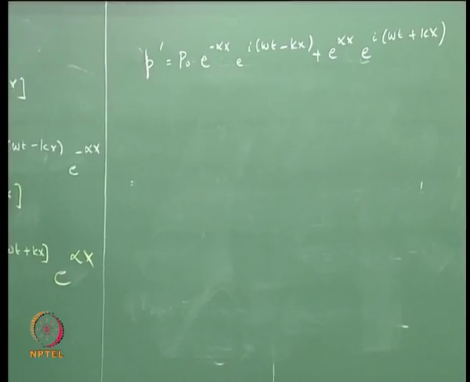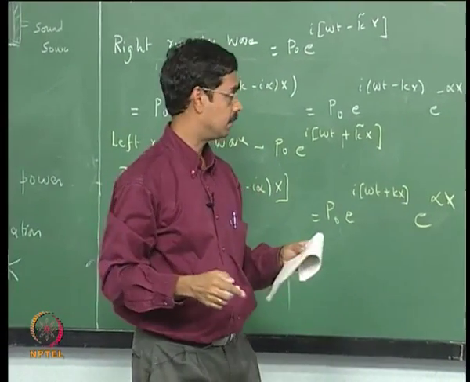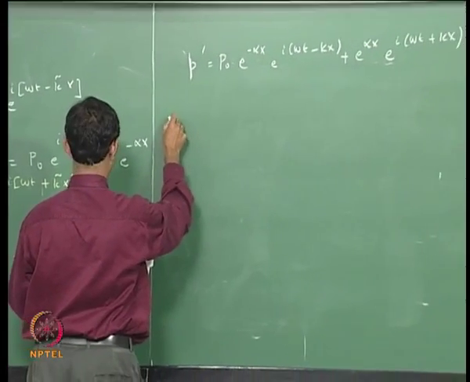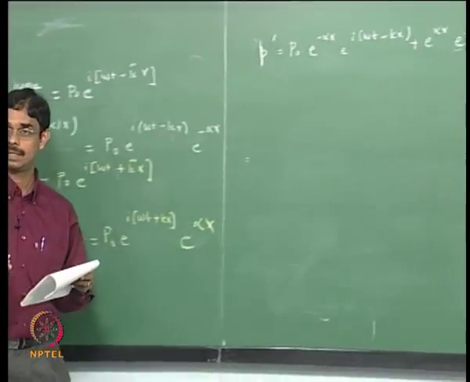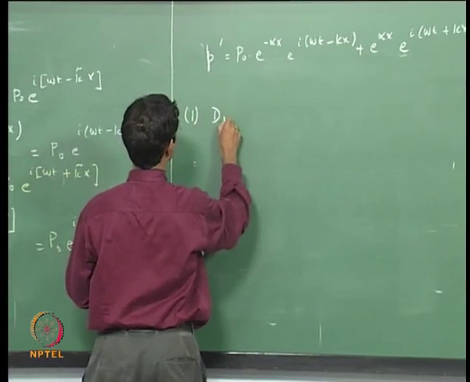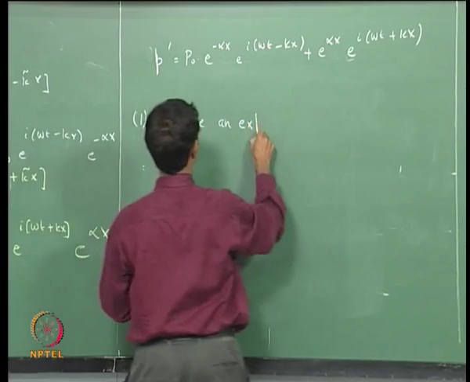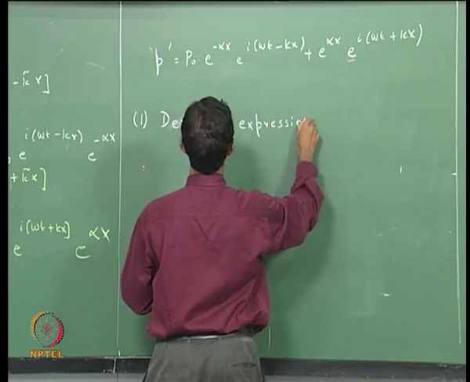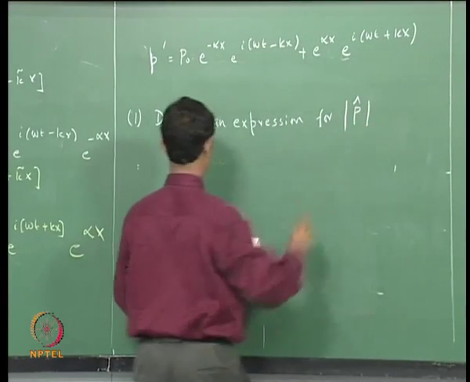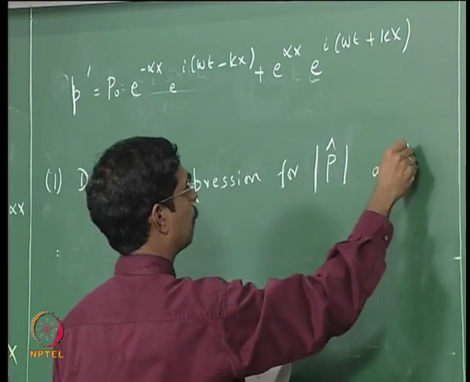So I will give you some homework at this point, because I do not think I will have time to complete it. We can look at it next class. So the first thing would be to derive an expression for the pressure amplitude distribution, and the velocity u hat,